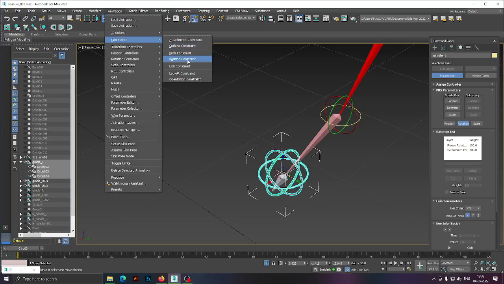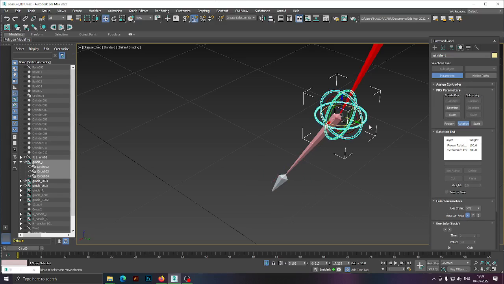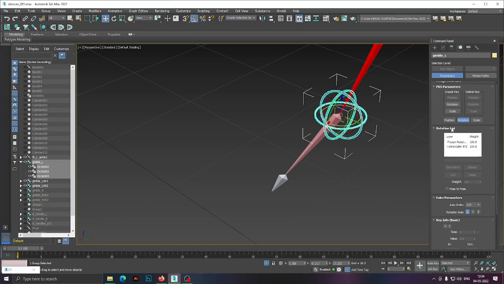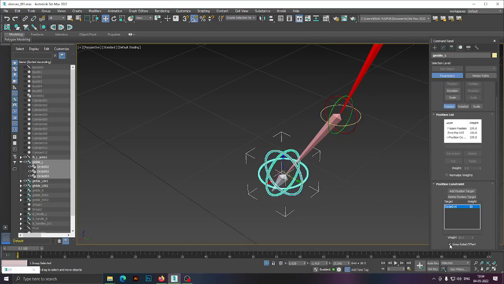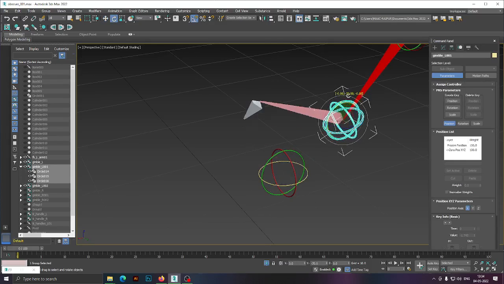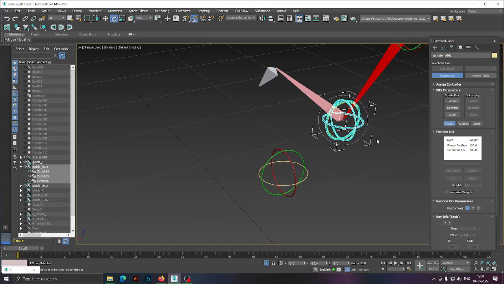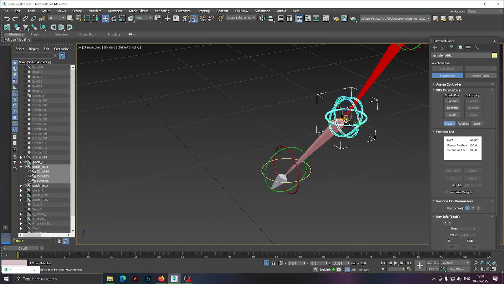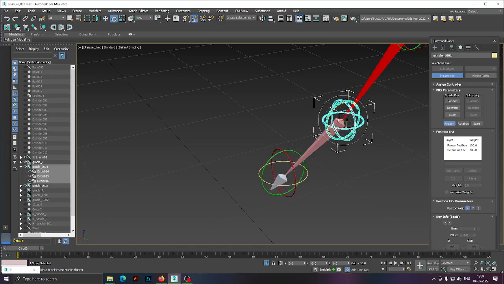We have to constrain position constraints right over here. Okay, keep initial offset has to be on, yeah, we need to turn it on. Okay, so let's just say if I rotate it, it's still not working. If I position it, it will work, but it is not going to be